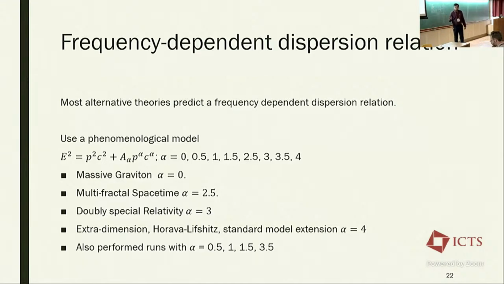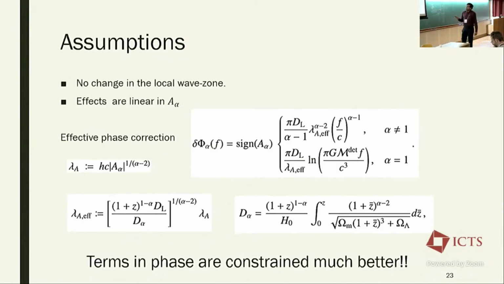But now we have a problem. We need to know how the waveform looks like in a theory which allows this dispersion relation, and that's a very big problem because all the waveforms that we have are mostly GR waveforms. It's very hard to get a waveform that's not a GR waveform and is very cheap to calculate. So we make some assumptions. We assume that there is no change in the local wave zone. By local wave zone, what I mean is,